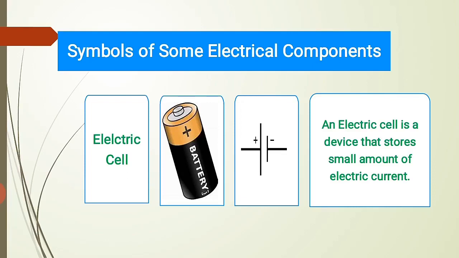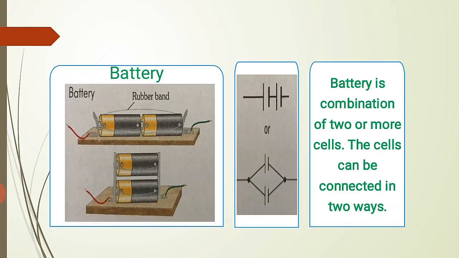Next is battery. See the figure and the symbol of the battery that I have shown, right? So battery is a combination of two or more cells. See their figure also. The cells can be connected in two ways, as shown in the figure, right? So the cells we are going to connect in two ways that I have shown in the figure. So next thing is